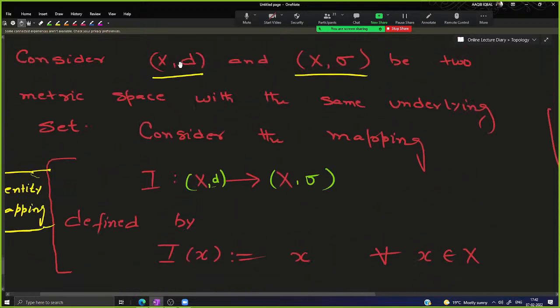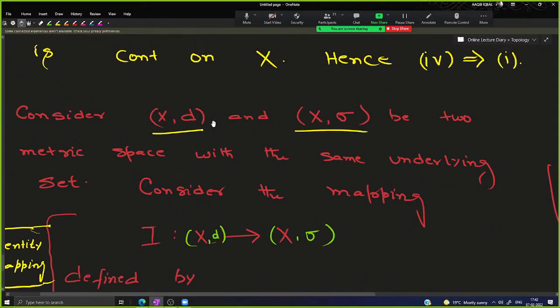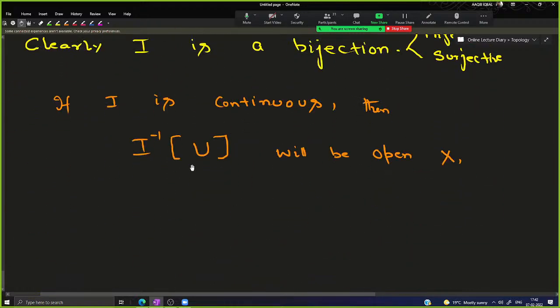It will be open in (X, d) because domain space की metric है ना, if I inverse of a subset is a subset of the domain, ठीक? So this will be open in the domain space. That means it will be open in (X, d). और ये कब होगा open in (X, d)? Whenever. What is the criteria or what is the condition? The condition is this: whenever U is open in,